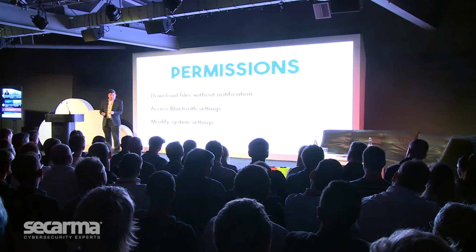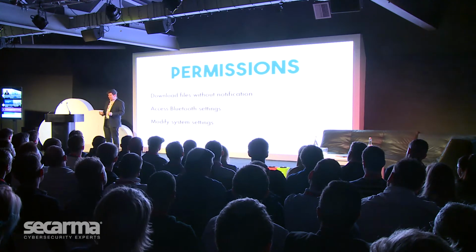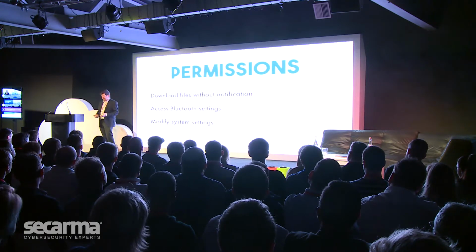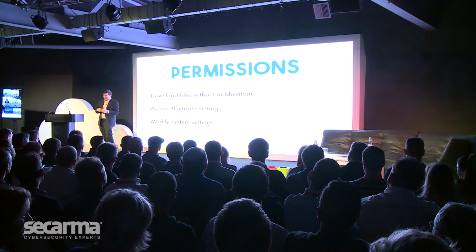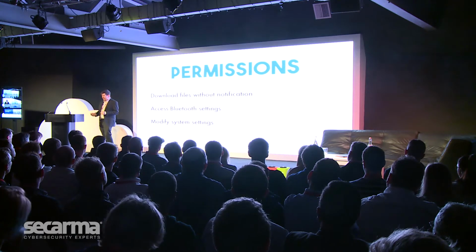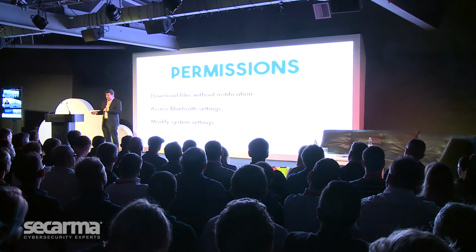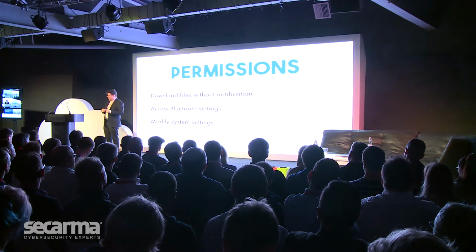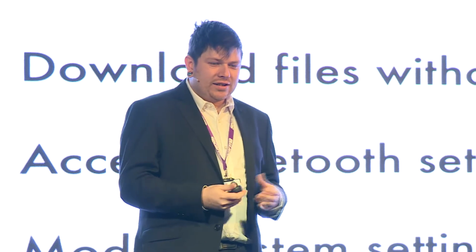And lastly, it wanted to be able to modify any system setting. So any single setting on the device, whether that's where my files are saved, what my camera looks like, anything at all on the device, any system setting, whether I've got a network connection on there, whether I'm connected to Wi-Fi, mobile, it wanted the ability to modify that. And again, contextually going back, this is a keyboard. I'm not sure why it needed access to these permissions.